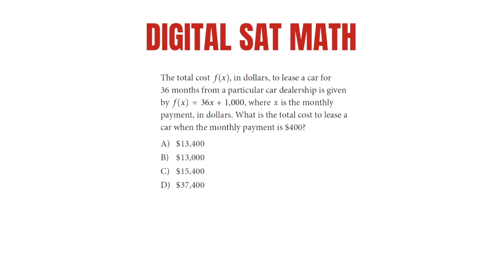In this function, x is representing the monthly payment in dollars. And you're given in the last part of the question $400 as the value of x. So what you're supposed to do is substitute this $400 in the function wherever you see x. So we're looking for f of 400, which will be 36 times 400